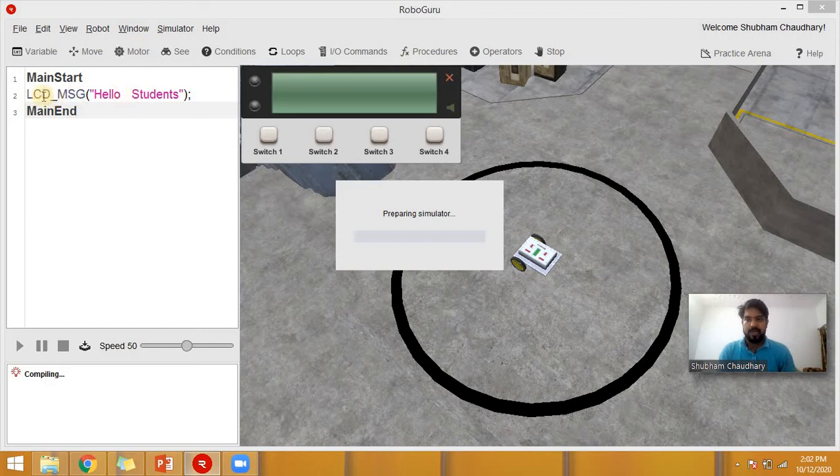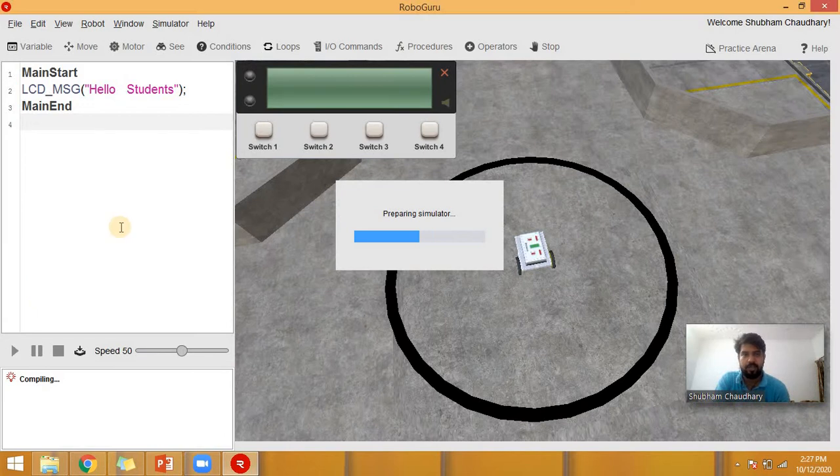So I have written LCD message hello student. When I run this program, this message will appear on the LCD. Students, when this program is executed, this hello students will appear on the LCD screen. Let's see. The first time you run this program, it's going to take 10 to 15 seconds.